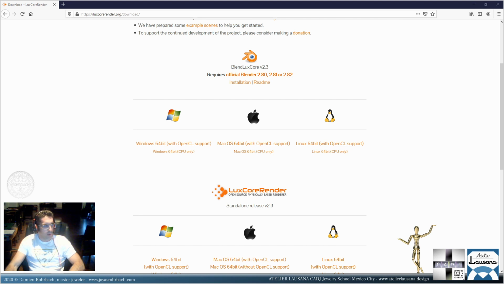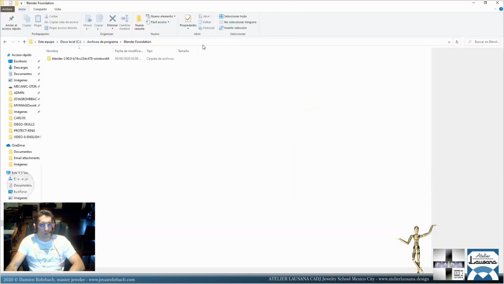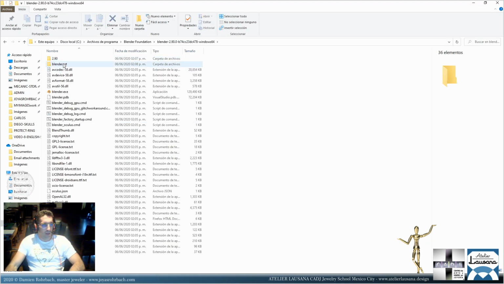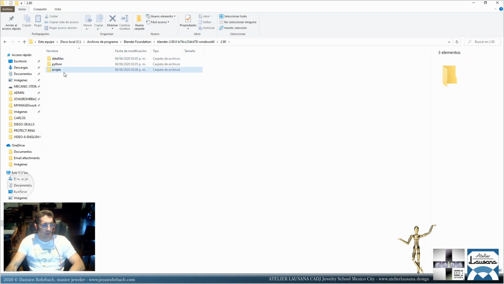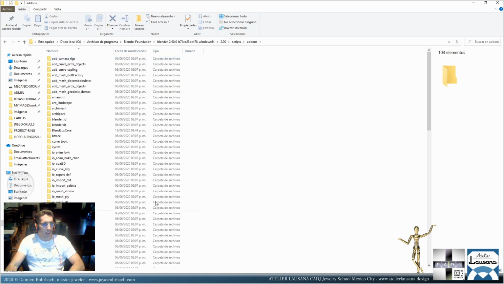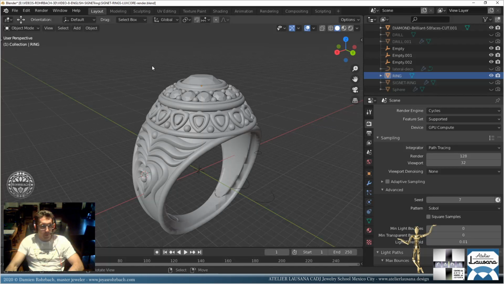Then you go to your Blender folder. Okay, this is my Blender folder. Then you go to your version of Blender, scripts, add-ons. You download it and you install the BlendLuxCore directory inside the add-ons folder for your Blender version. You put it right there. Once it's there, you go to Blender